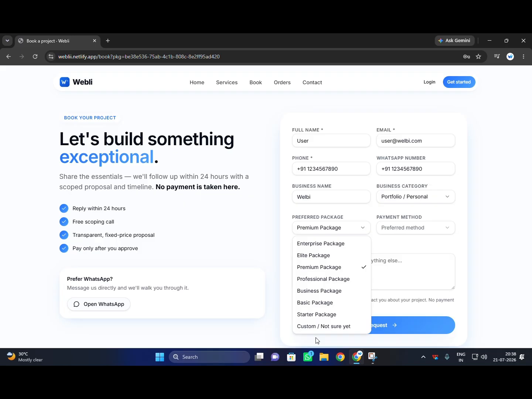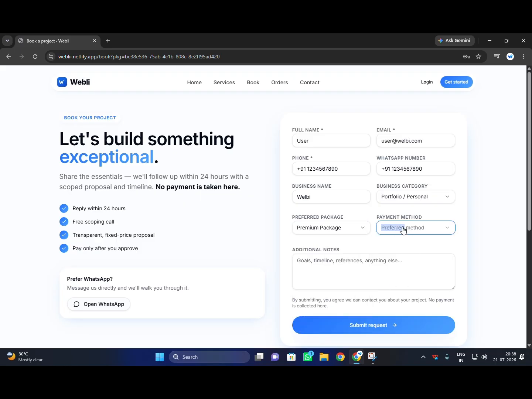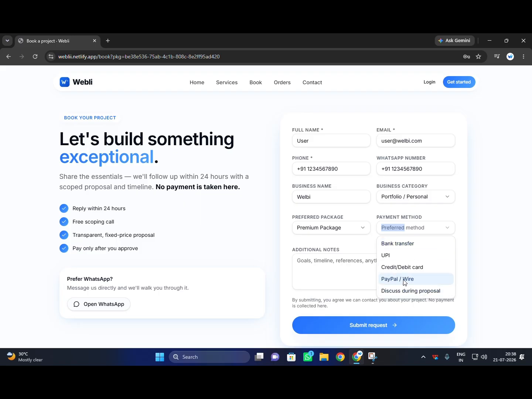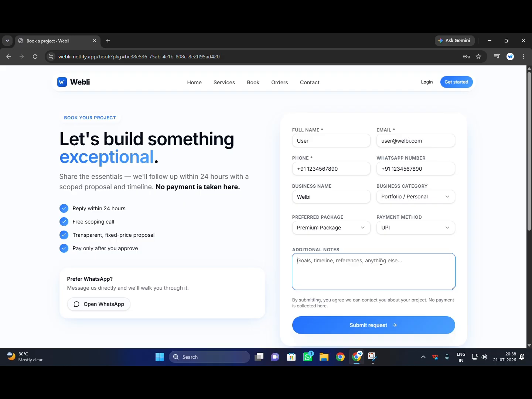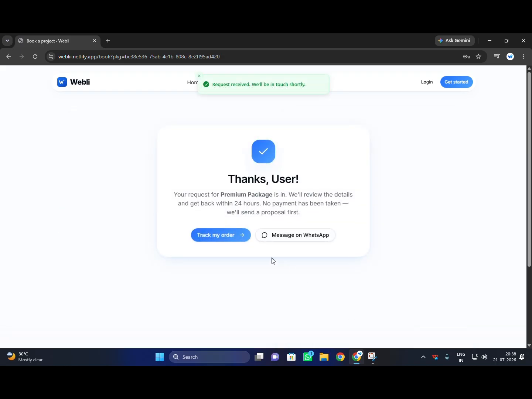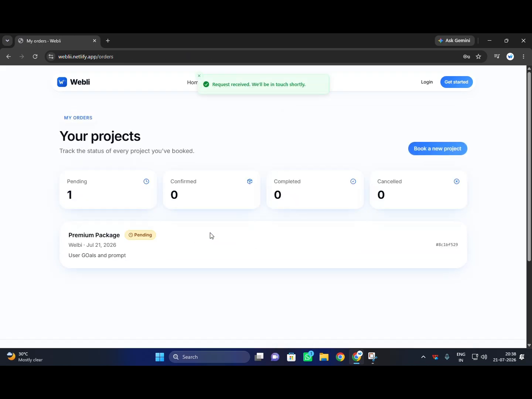You can write it over there. For the payment method, there are bank transfer, UPI, credit card, PayPal, discussed during the proposal. All payment methods are accepted here. Now in the additional notes, you can write anything about how you want it created, what things you want and what you don't want. After that, click on submit, and if you want to tag, you can click on